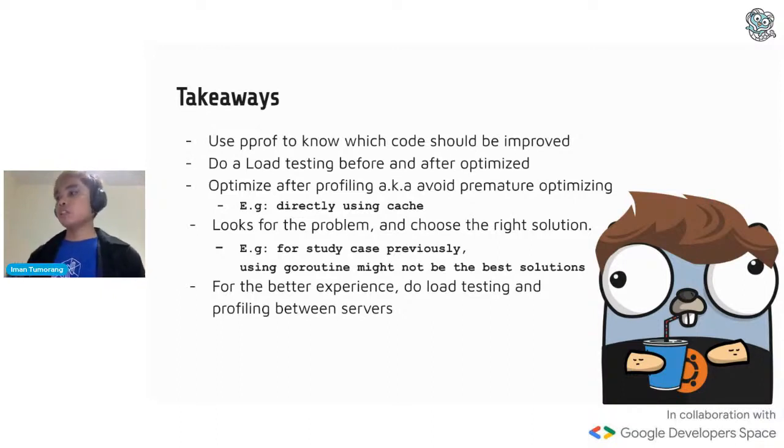What I've done here is do a lot of testing and profiling on my local machine. Sometimes we have a lot of applications running locally and they consume our resources. So to get a better result, maybe you create a copy of your production server, spin up a staging or idle server and a client, and then do the profiling between the two servers. That will give you a better result compared to doing it locally.